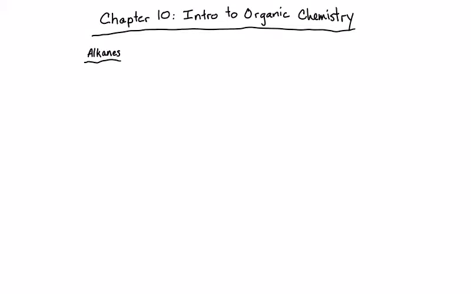Alright, so now that we've seen how we can name some of the simpler alkanes, I want to try to branch out a little bit more and look at alkanes that are not quite as linear as the ones that I've shown you before. Okay, so if we were to look at butane,